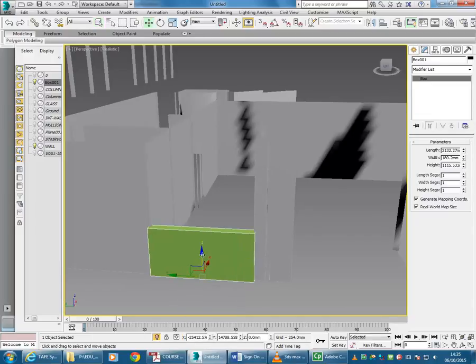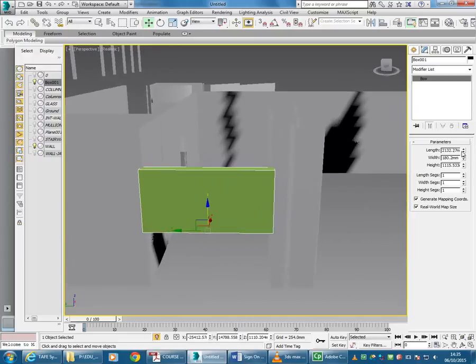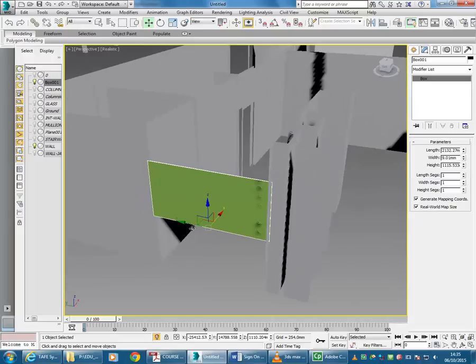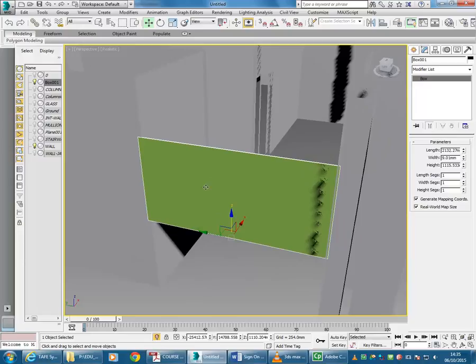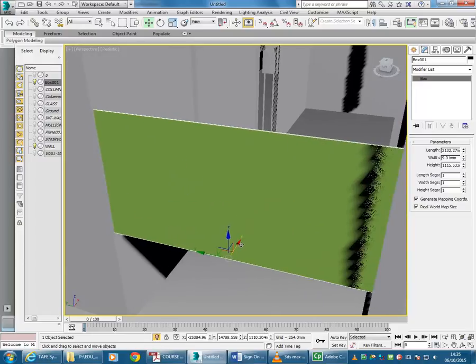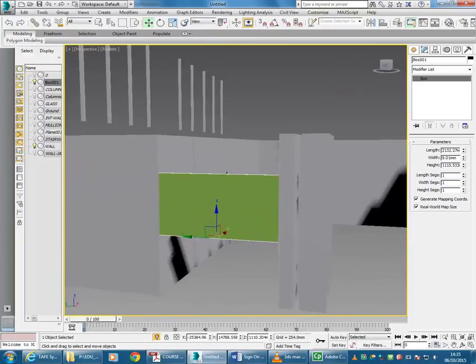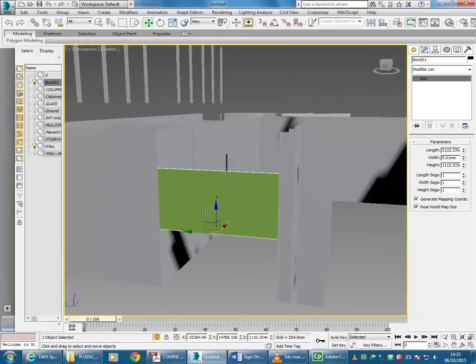Okay, so I'm just putting this roughly in place. So glass in Max should have a depth rather than just doing a single surface for it. So that would do for a glass panel. I'm not sure if it's actually glass there in real life, but just so you can see how to do